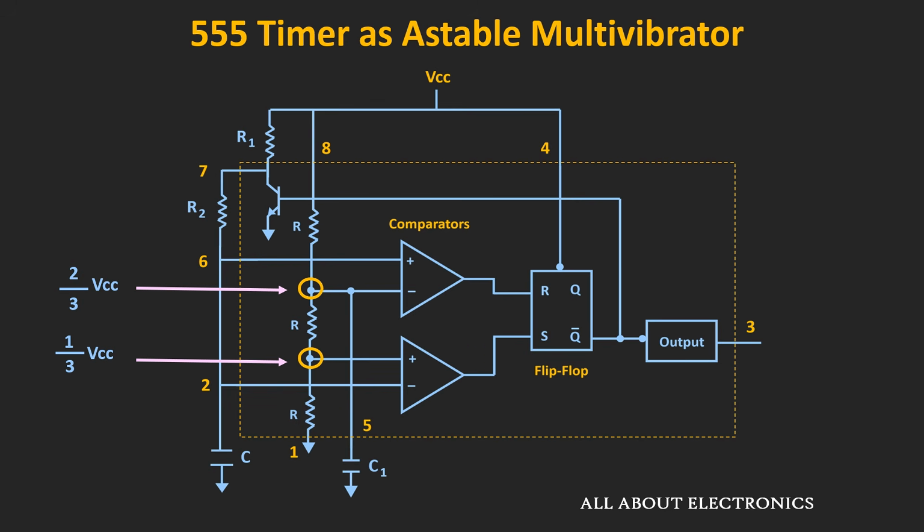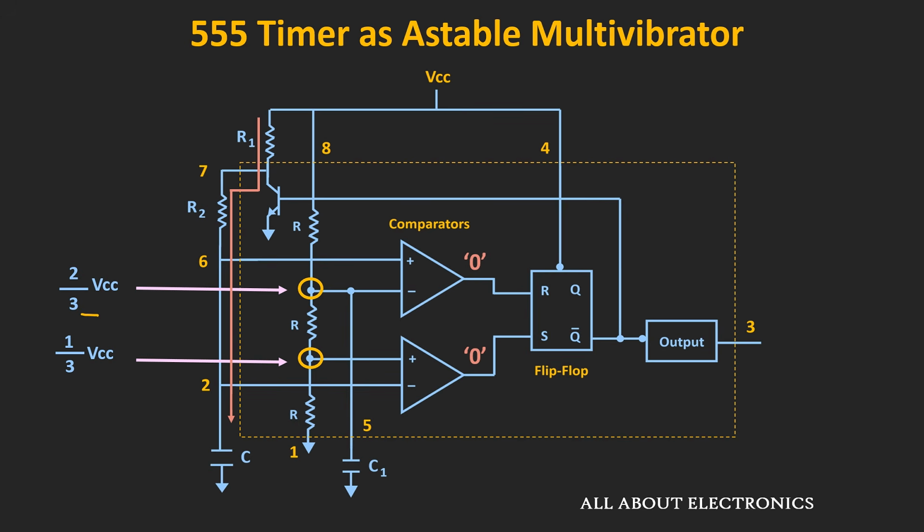So this capacitor C1 will start charging through the resistors R1 and R2. And gradually the voltage at pin number 2 and 6 will start increasing. First of all, let us see what happens when this voltage reaches the 1/3 VCC voltage. Whenever this voltage just crosses the 1/3 VCC voltage, the output of the second comparator will become logic low, because at that time the voltage at the inverting node will be slightly more than the voltage at the non-inverting node. While the voltage is still less than the 2/3 VCC voltage, so the output of the first comparator will be equal to logic 0.